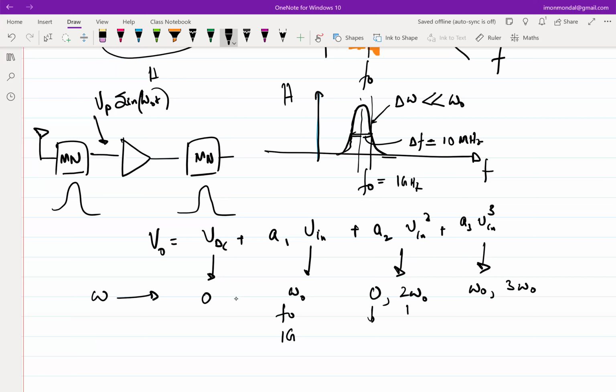This is at 0, and this is at 2 gig. This is at 1 gig. This is at 3 gig. And this is at 0, obviously. So one might be tempted to think that,